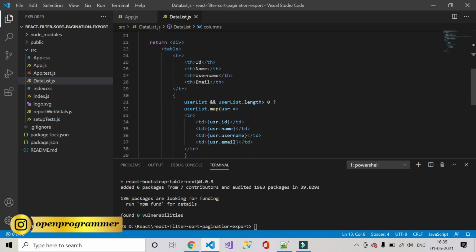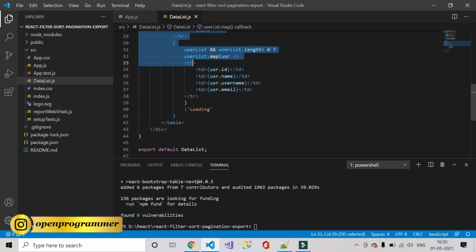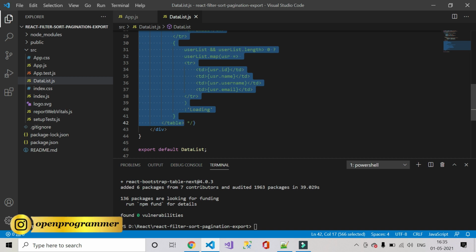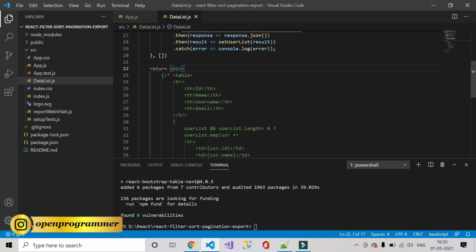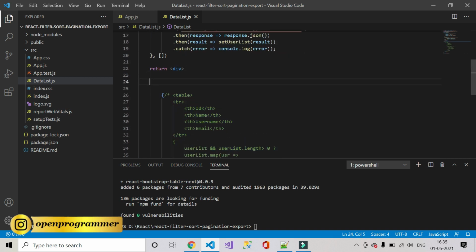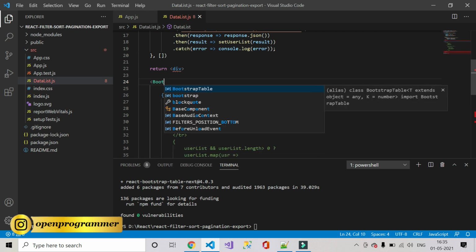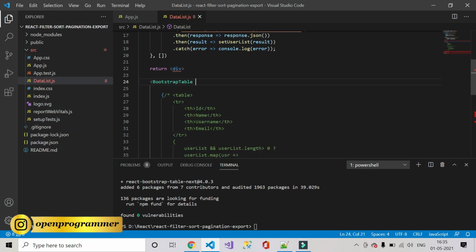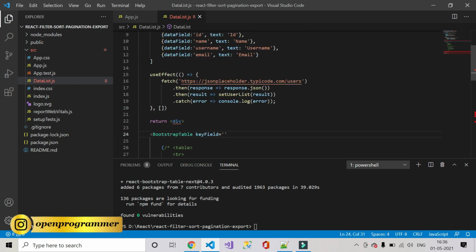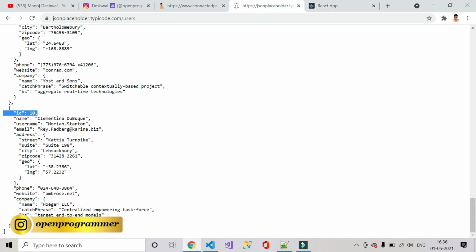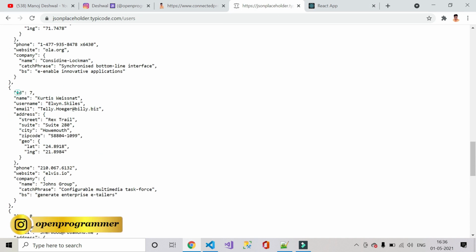Now we don't require this. So let me comment out all this table. And now we need to use bootstrap table, and it will ask for a keyField. So in our case we are using id. So you have to give the exact column name which you are using as a response from your API, like this id column.